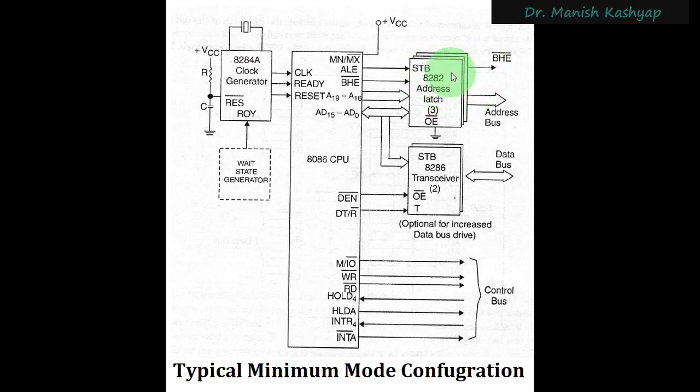Individual slice is of 8 bits, that is, it can store 1 byte of data, and since the address is completely of 20 bits, you will be needing three slices. Three slices will have 24 bits, out of which only 20 bits will be used for address lines. And the name of this IC is Intel 8282 address latch. So this will be latching your addresses, right? And this address latch is always enabled, so we have just made its OE bar pin, which is an enable pin, grounded, right?